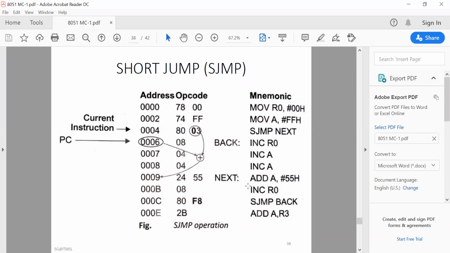And short jump is usually called the relative jump, because the destination address specified in the instruction is relative to the address where the jump instruction is written. Now, what is the advantage of having this type of feature? The advantage of relative jump is that it allows relocation. And what do we mean by relocation? A program written using relative jump instructions can be placed or loaded anywhere in the entire program space without reassembling. That is one advantage.